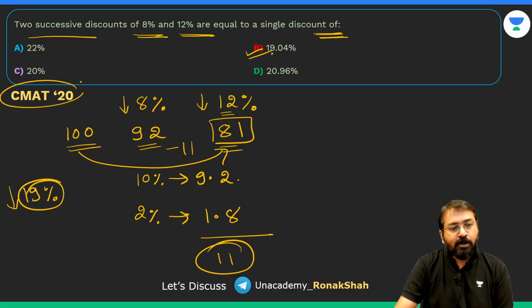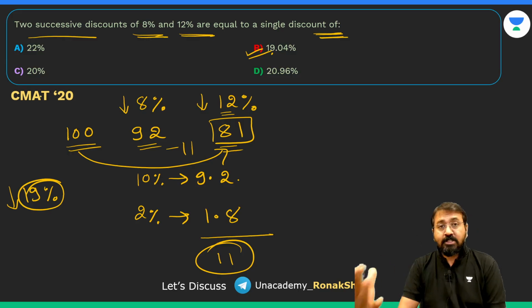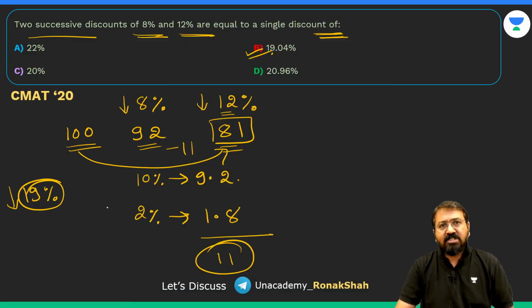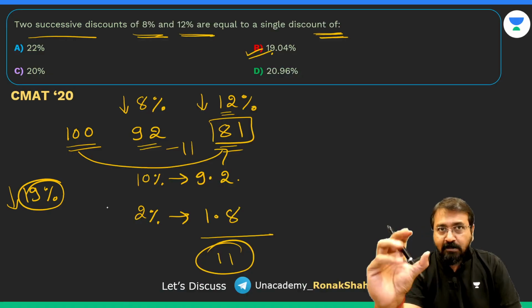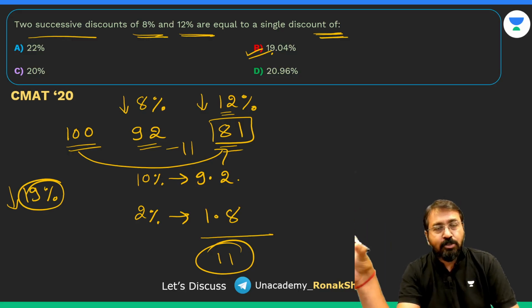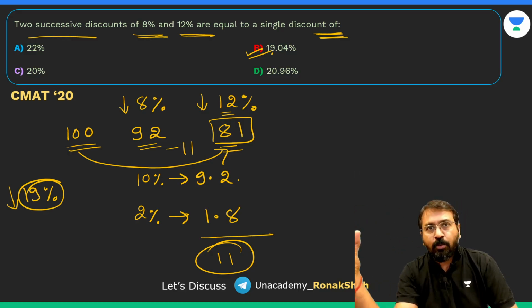And this is a CMAT 2020 question. In fact, I'll also show you a CMAT 22 question and they are also similar, guys. So nothing to worry. I mean, the questions are really simple. There will be some questions about 20% questions. So I can say out of 20 questions of quant, there will be about 3 to 4 questions which will